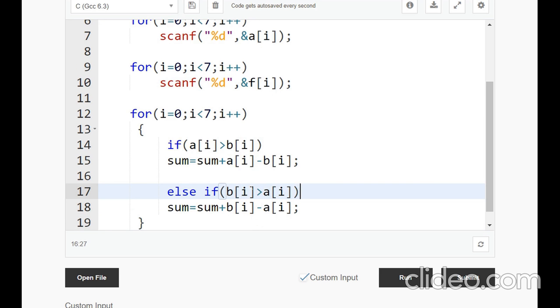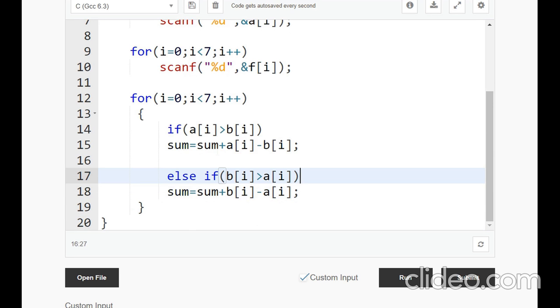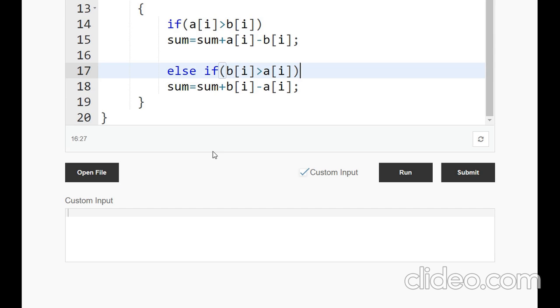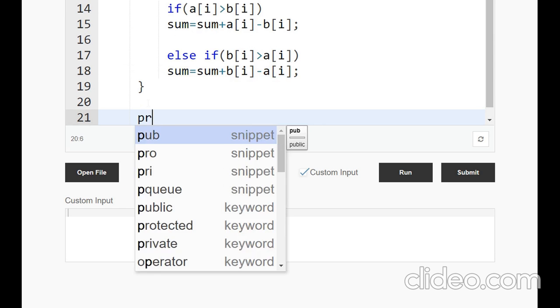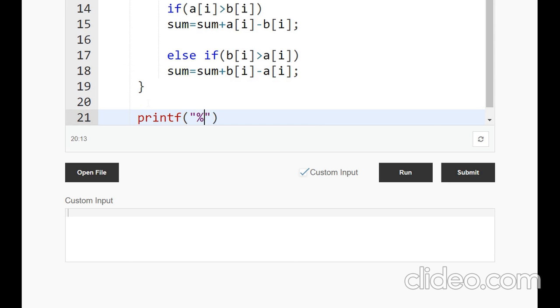Now this will show me the correct output for the question. After this, I will simply print the value of sum, printf percentage d, comma, sum.